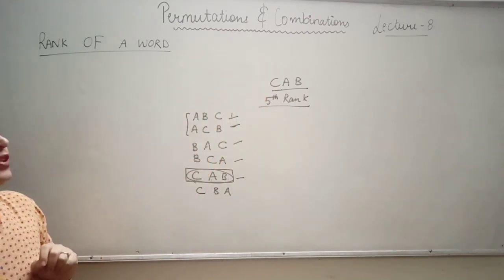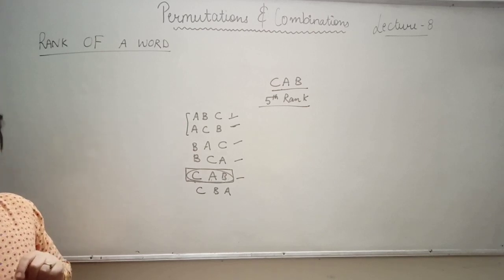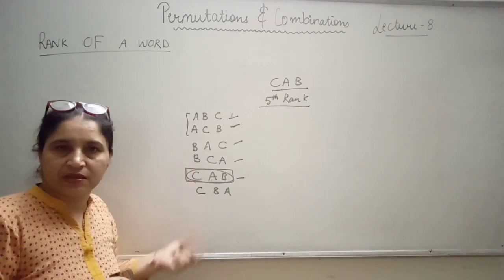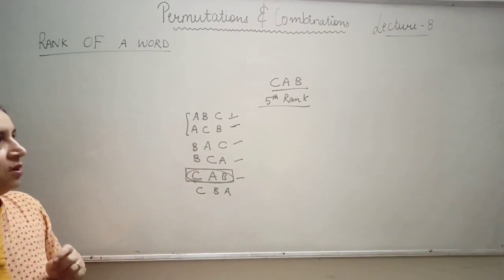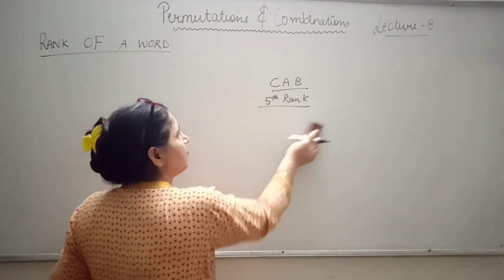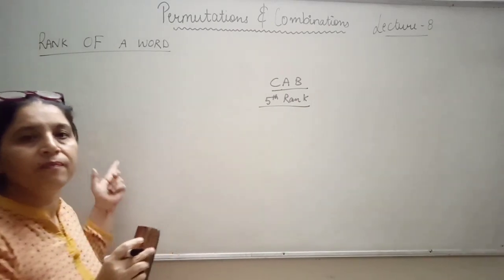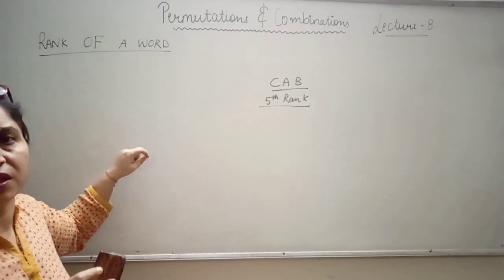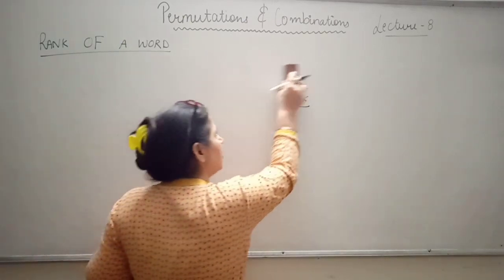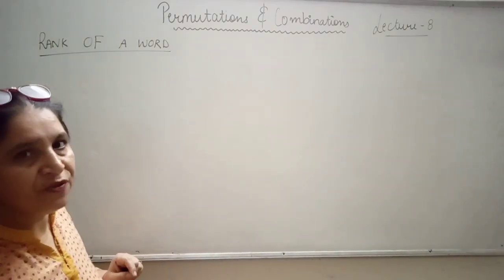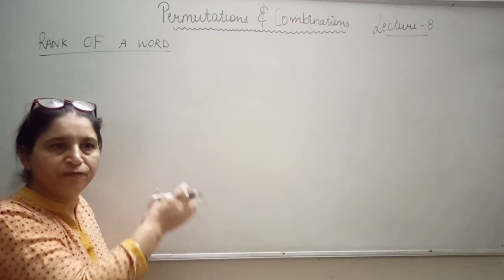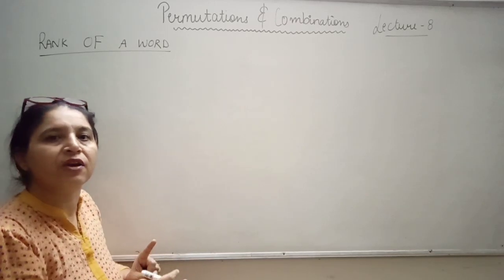But if there is any other word having more letters, more alphabets, then it would become a very tedious process to find out the order, the rank of that particular word. So there is one method. There are particular steps to find out the rank of any word. What is that? Let me tell you. There is a trick also, but before telling you about that trick, I am going to explain the proper process by which we can find out the rank of the word.